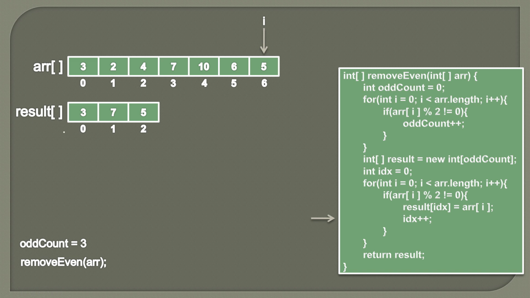So as we have filled all the values, we will again increment I. So when we increment, I will become 7, which is going out of the boundaries of this array. So this condition comes out to be false because 7 is not less than 7. So this for loop will terminate. And at the end, we will simply return the result. So here you can see that we have removed the even integers from the array and we are returning a new array having only odd integers.